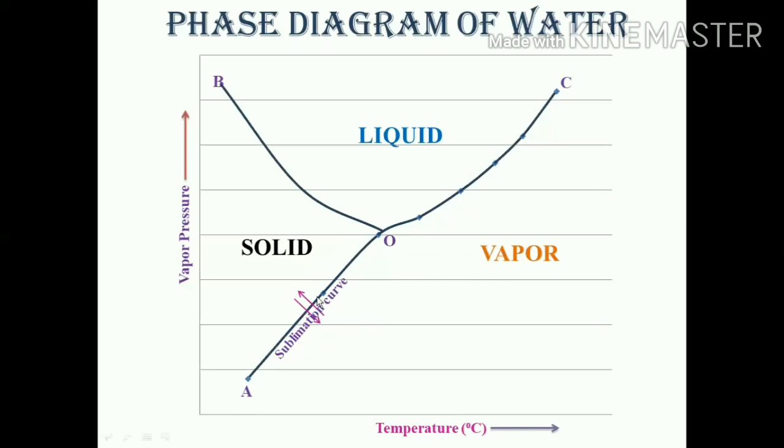So what do we know by this? We know that along the curve AO, what will you find? Now, if I just point at this particular part of the curve, this point of the curve will carry both the solid phase of water as well as the vapor phase of water, and they both are in equilibrium with one another, right? Okay, now the next curve, let's see what it says. The next curve, that is the OC curve, lies between the liquid state of water and the vapor phase of water.